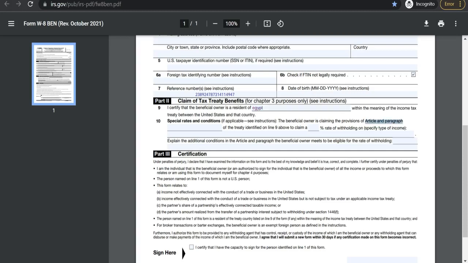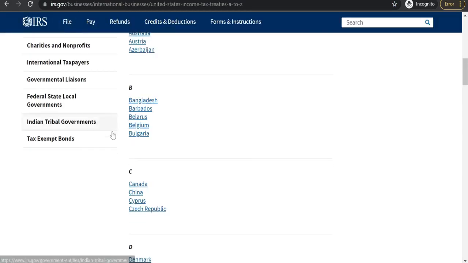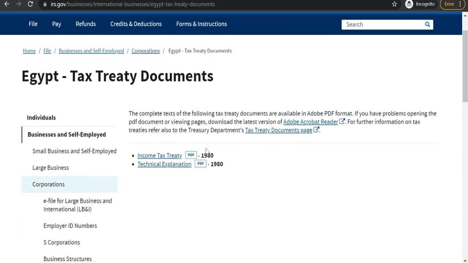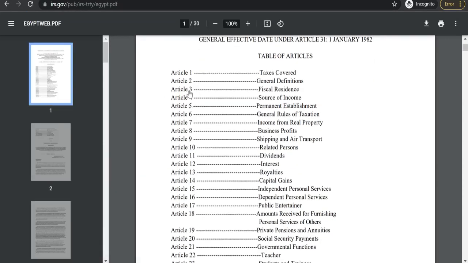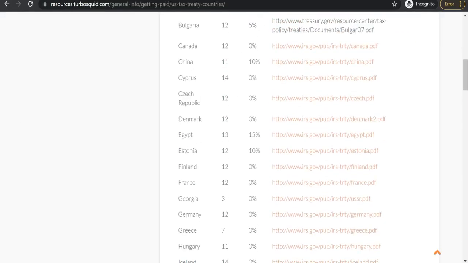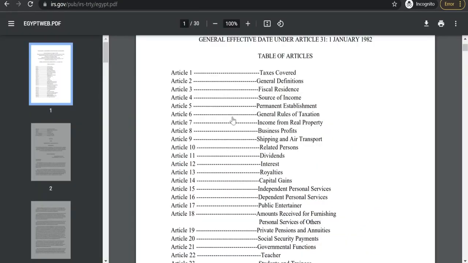Okay, how to find this article and paragraph? Just go to this website, as you see here, and go to your country, for example Egypt. Go to this one, income tax treaty, as you see. And go to the second website, and you will find Egypt, this article 13, as you see. Okay, so go back to this website, and you will find this article, 13, as you see here,